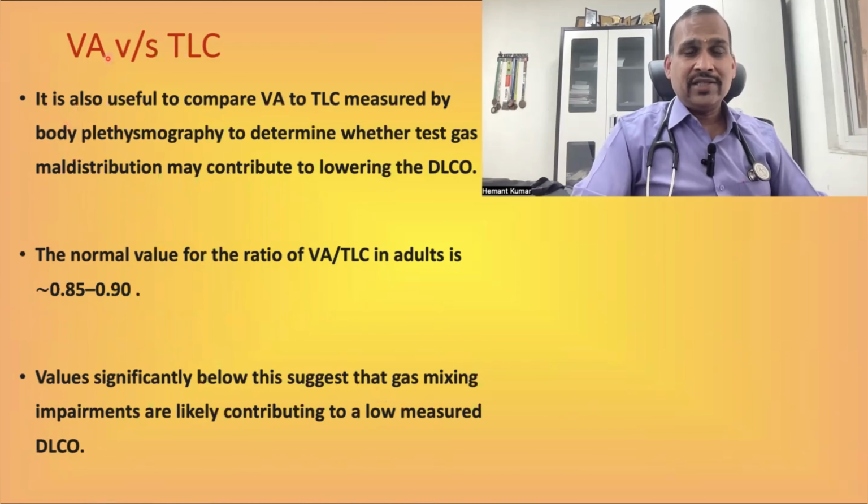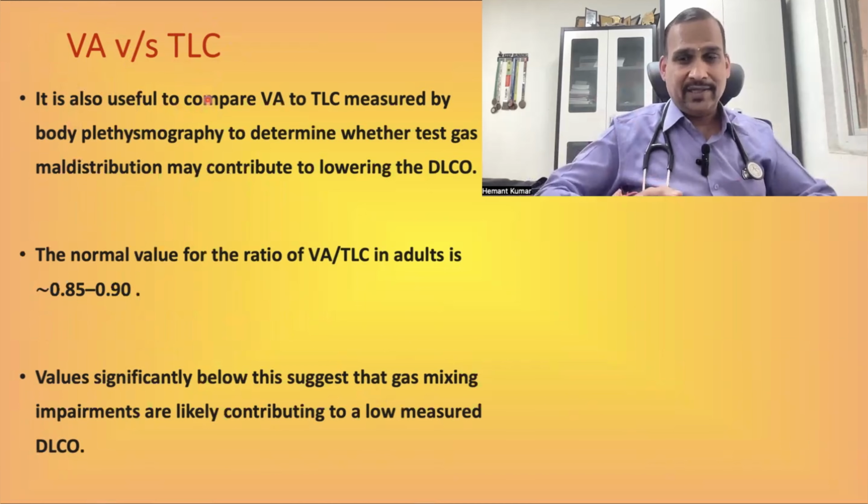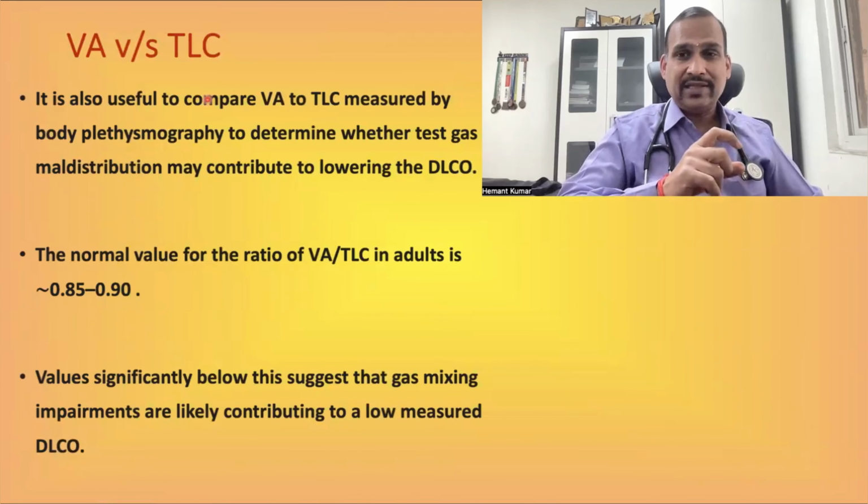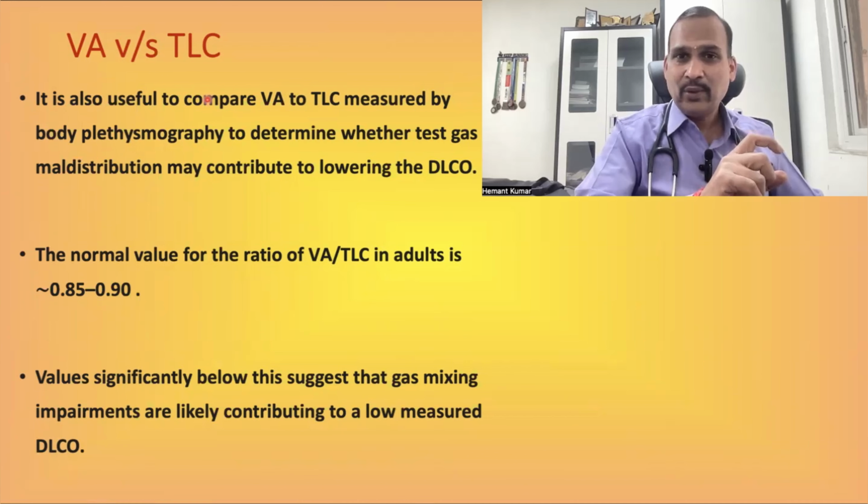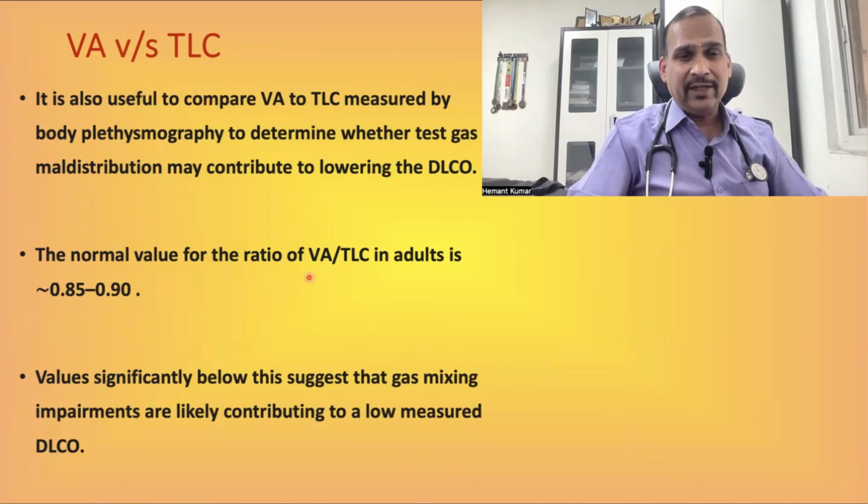Now, what is the relation between VA and TLC? I told you TLC is total lung capacity. If we remove dead space, that is VA. In a normal adult patient, VA upon TLC is 85 to 90%. A value significantly below this, less than 85, suggests that gas mixing impairment is likely contributing to low measured